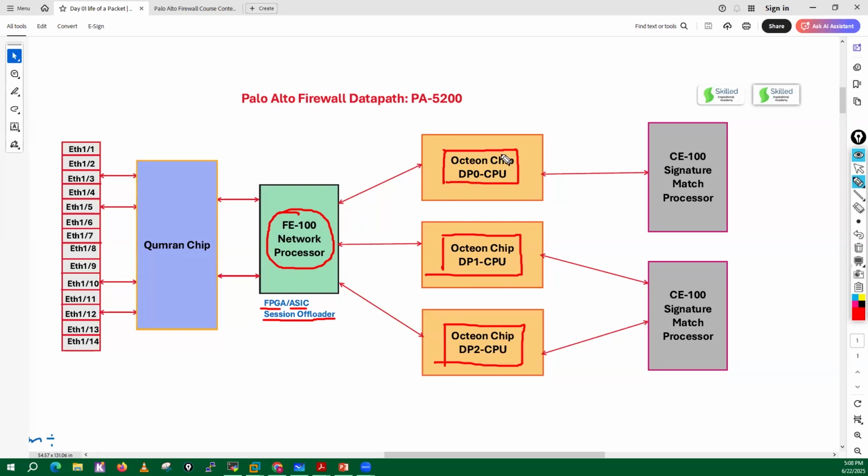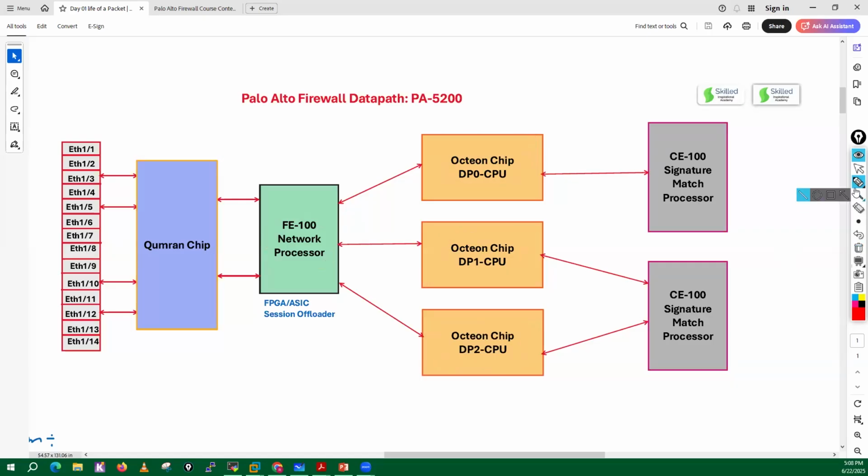And in your 5200 series box, we have 3 Octeon chips. This is also known as your data plane CPU: DP0, DP1, and DP2. Those are multi-core CPUs, meaning multiple cores are available in your CPU. And guys, your actual parallel processing hardware is basically applied for those types of boxes like the 5200, 5400 series, and 7000 series boxes, because they have